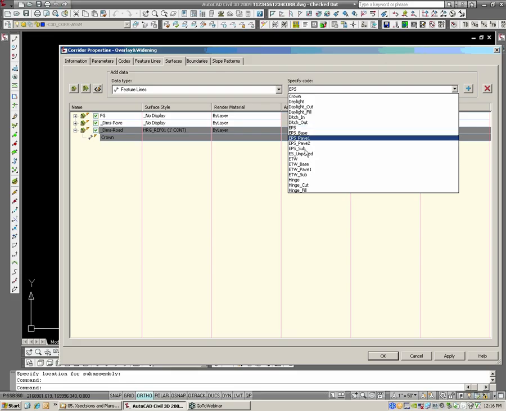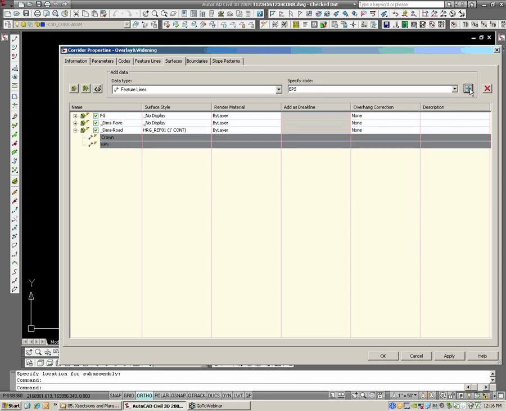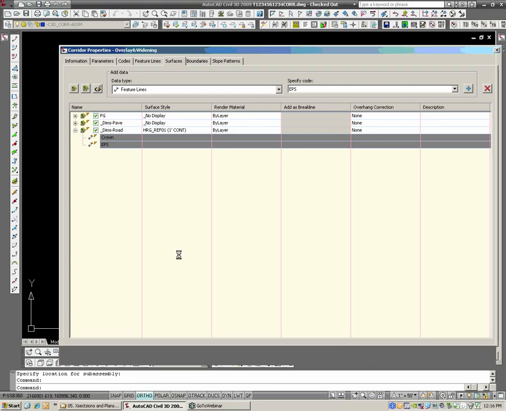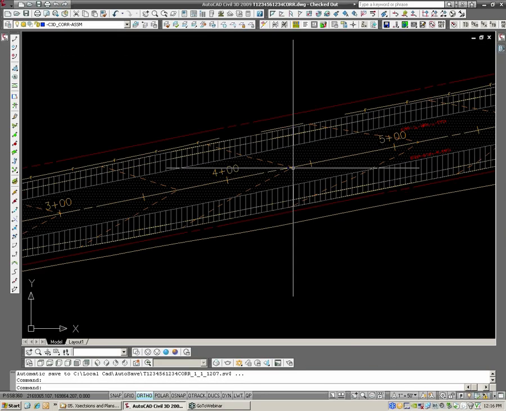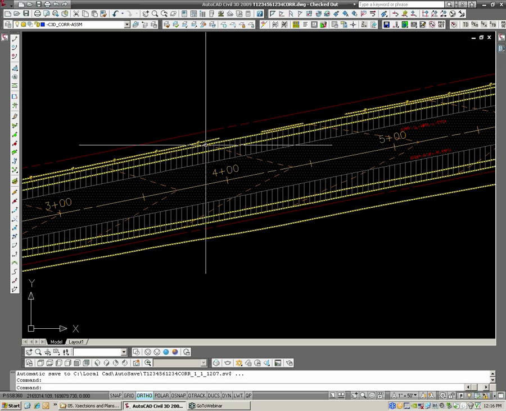EPS is edge of paved shoulder, ETW is edge of travel way, and hinge is always the points in the daylighting where it might make breaks for a channel. Those are all called hinge, and so on and so forth. So I'm going to add my edge of paved shoulder as well. Hit OK. And now you can see I have a surface that pulls from my crown to my edge of paved shoulder